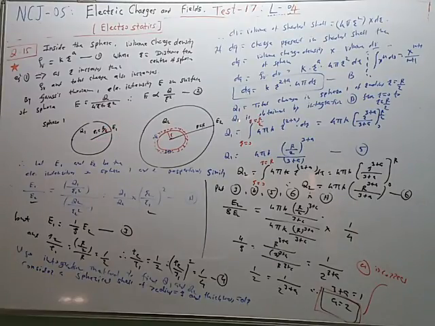Therefore the total charge present in sphere 1 and in sphere 2 is obtained as follows. Q1 is obtained by integrating from r equal to 0 to r equal to r by 2. R is the variable in this equation only. And Q2 is obtained by integrating from r equal to 0 to r equal to capital R. So Q1 and Q2 are calculated by the integration method, and by substituting here we get the value like this. So this is r by 2 bracket raised to 3 plus a, this is r raised to 3 plus a, this 3 plus a will get cancelled, and finally we get a is equal to 2. So in equation 1, this power a is equal to 2.